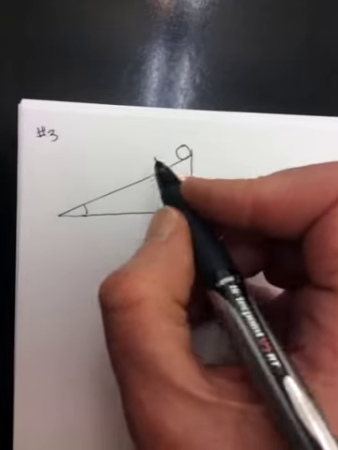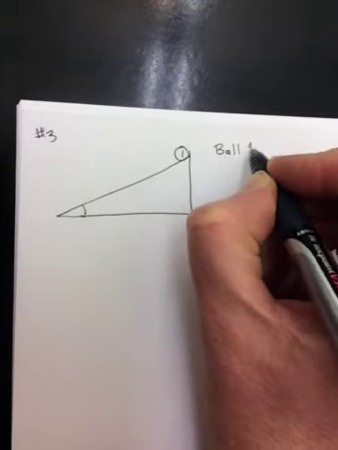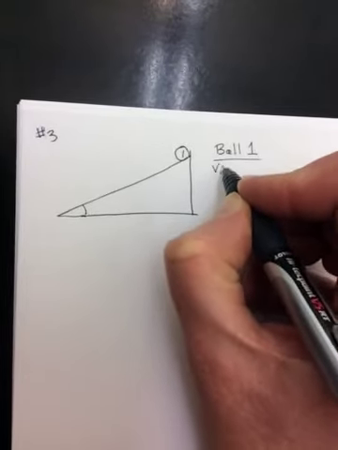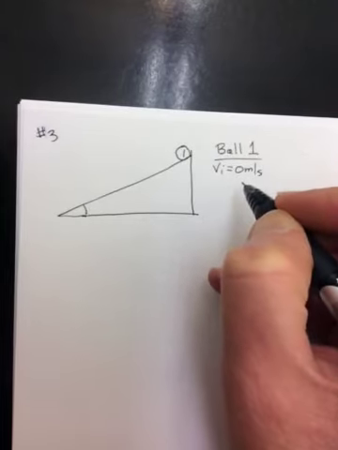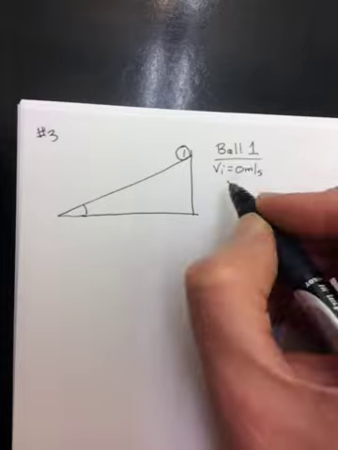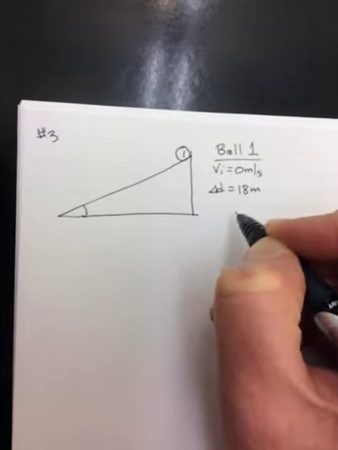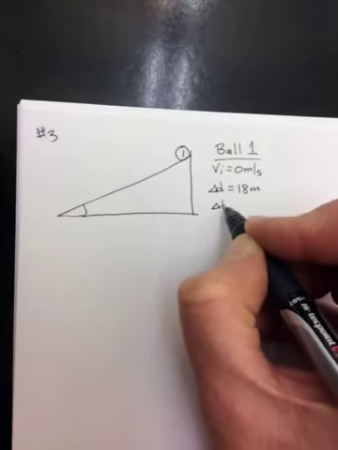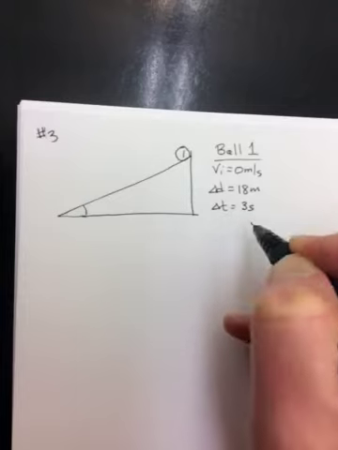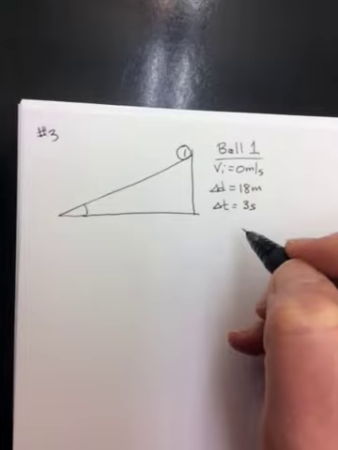So a ball is released from rest. This is ball 1. Our givens for ball 1: released from rest, so VI is 0. A ball is released from rest at the top of an incline that's 18 meters long, so it's going to roll down the incline 18 meters, and it rolls to the bottom in 3 seconds. Delta T is 3 seconds. At the same instant the first ball is released, a second ball